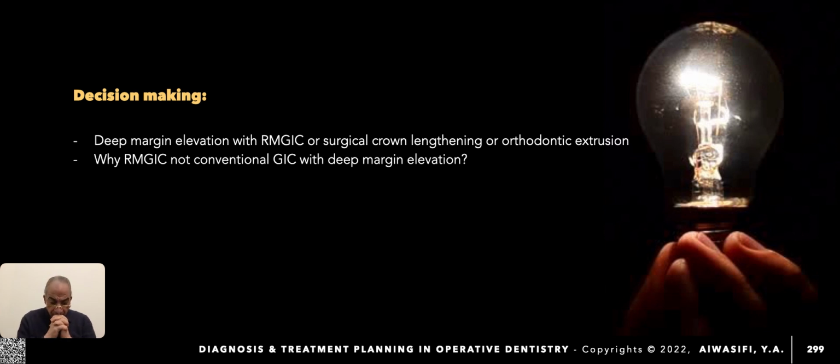Then coming, why resin modified GIC, not conventional GIC in deep margin elevation? Conventional GIC, although it has a better bonding to the tooth structure, and at the same time, more than that of resin modified GIC, at the same time, its fluoride emitting capacity is higher, but it is highly sensitive to moisture contamination, and its setting reaction is acid-base reaction that needs to be matured